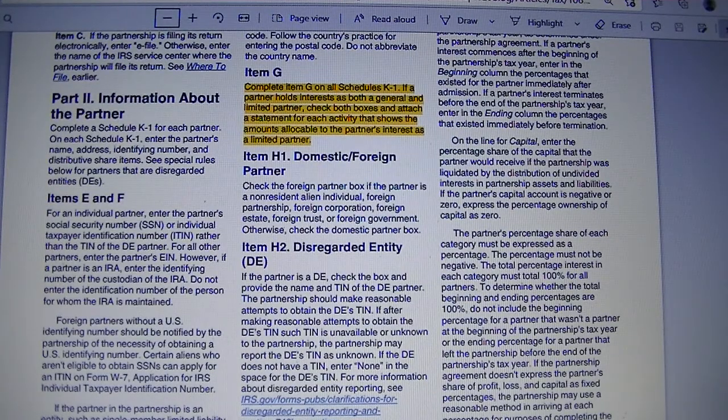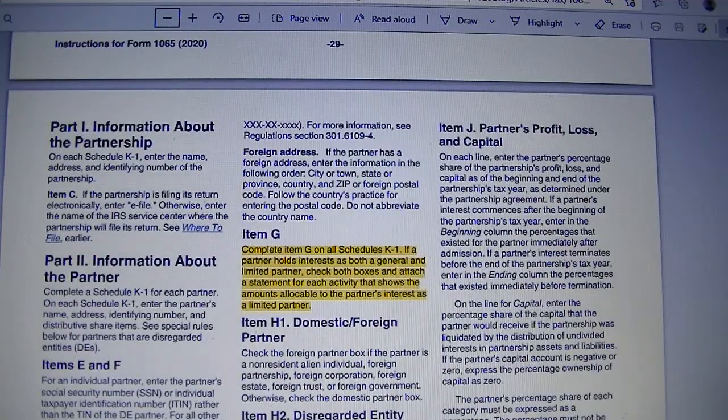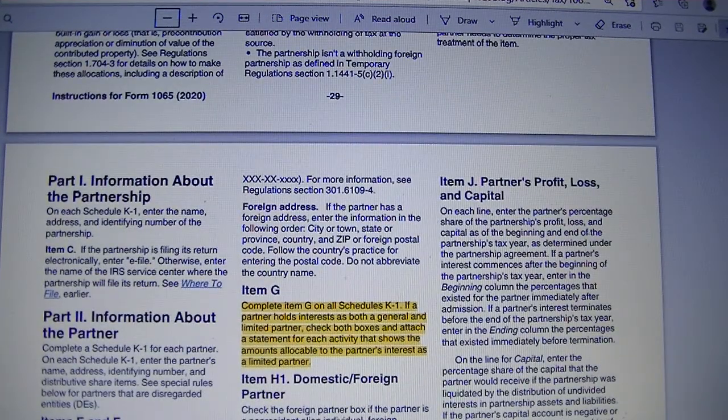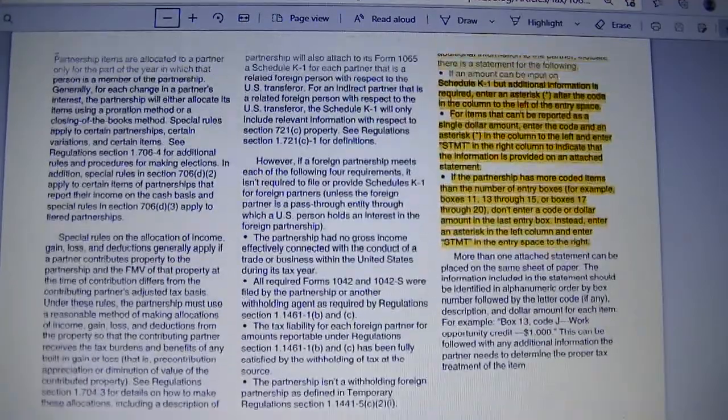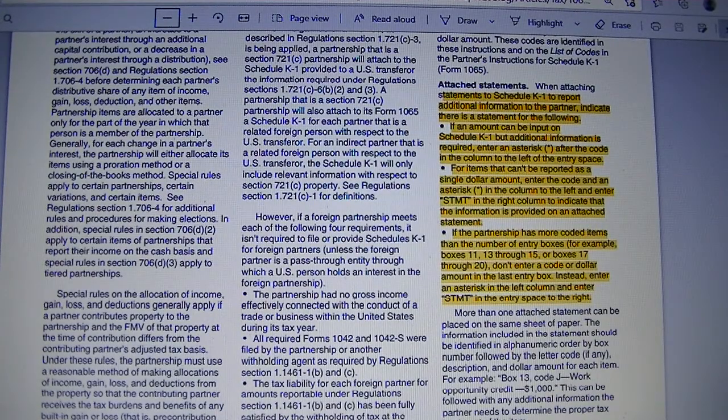Okay, so the instructions come with instructions for K and K1. You can read: when attaching a statement to Schedule K1 to report additional information to the partner, indicate there is a statement for the following. If an amount can be input on Schedule K1 but additional information is needed, add an asterisk after the code